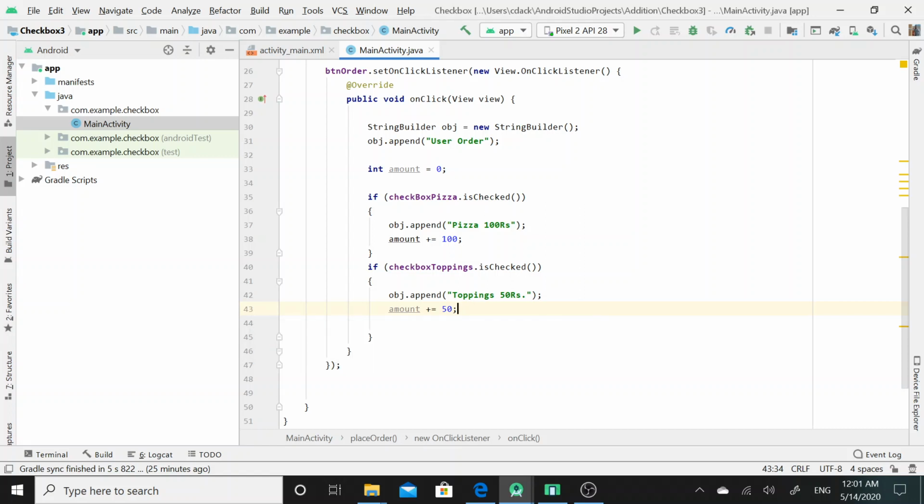In this way, if the user has selected the pizza checkbox as well as the toppings checkbox, then the user needs to pay the whole amount of rupees 150, 100 rupees for pizza plus extra 50 rupees for toppings. So the total amount the user is supposed to pay is 150 rupees.